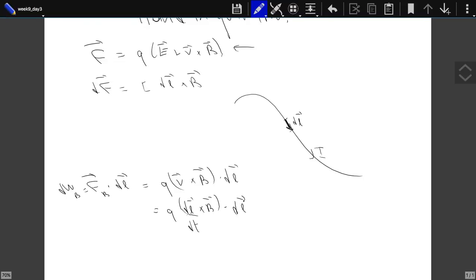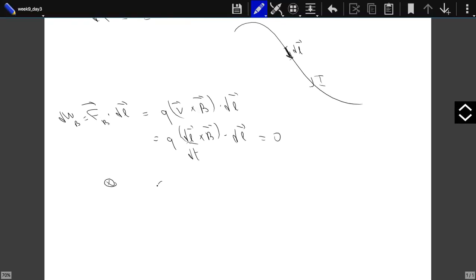But dl cross B is perpendicular to dl. So if you just take the scalar product of two vectors that are perpendicular to each other, this scalar product is just 0. So on one hand, this tells us that the magnetic field doesn't do any work. But on the other hand, we had this example